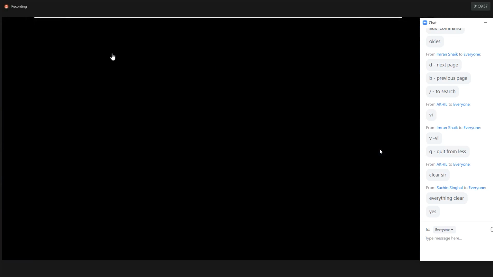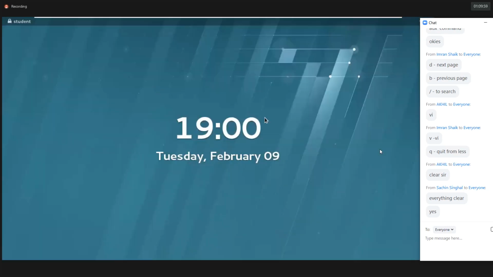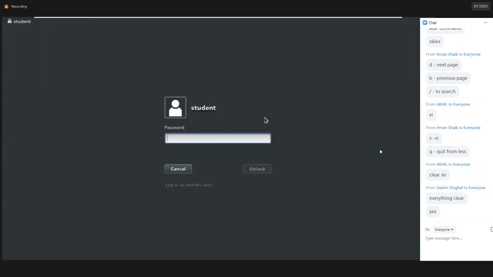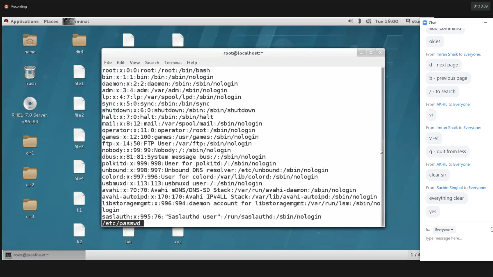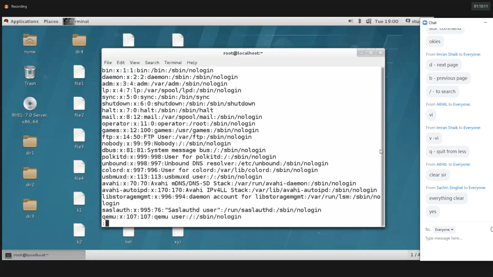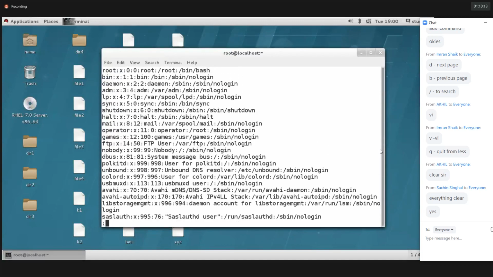Guys, do you have any doubts in the less command? Less is a filter command. We can navigate the file content using less. Less, space, and then we provide the file name. You can use the navigation keys to navigate the file content, line by line.